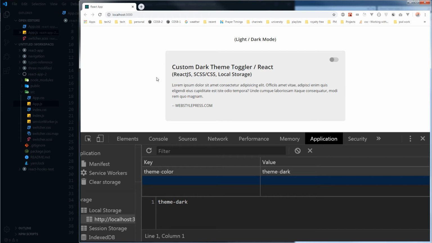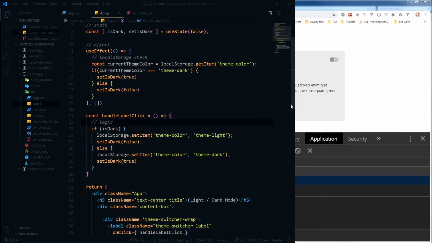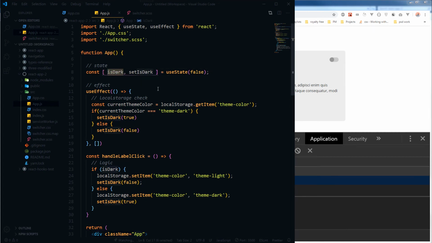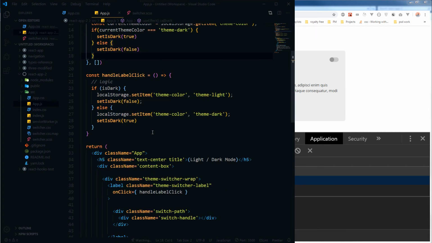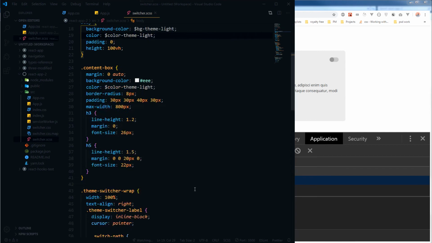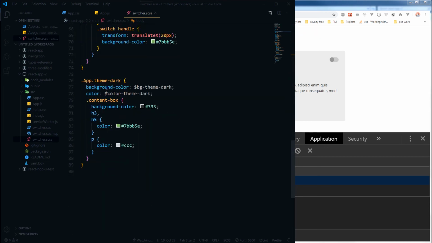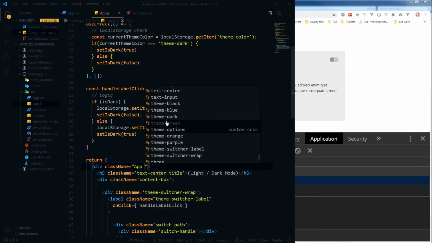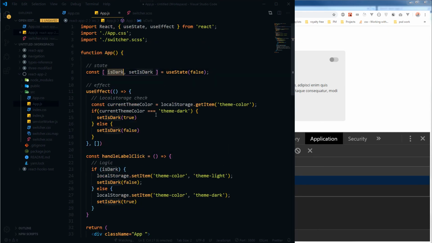Now we have to take care of classes. So one class we need here based on that above check. If is dark is true, if this exists, then we need more classes here, and according to our switcher CSS, we need theme dash dark class here with app. But if this variable will be true, then if this state will be true, then